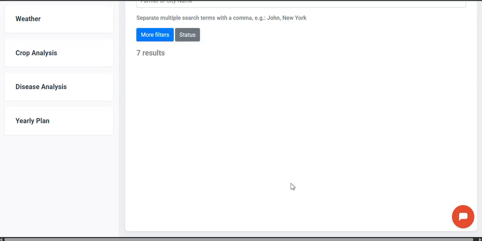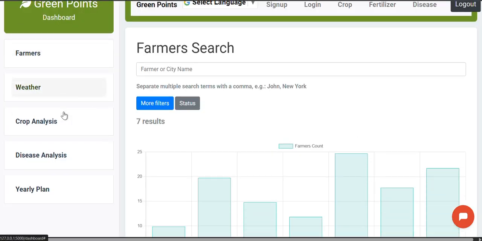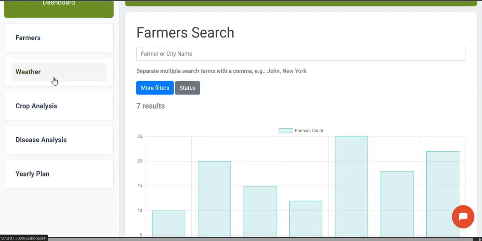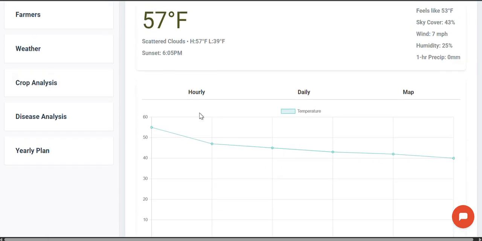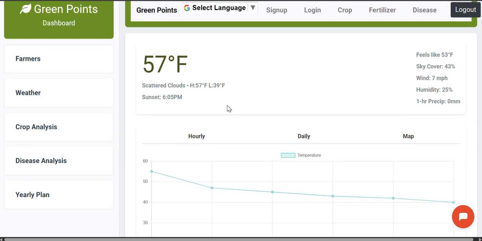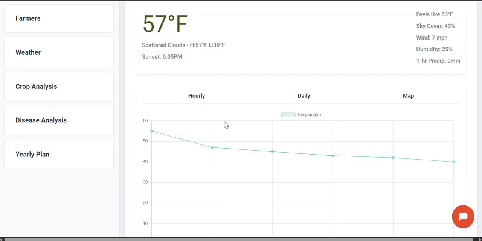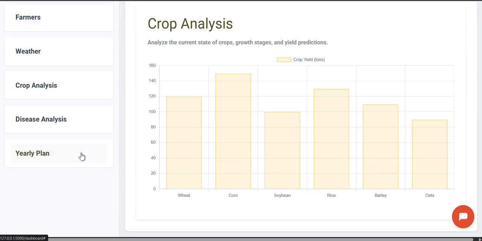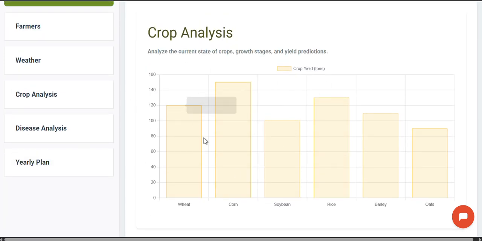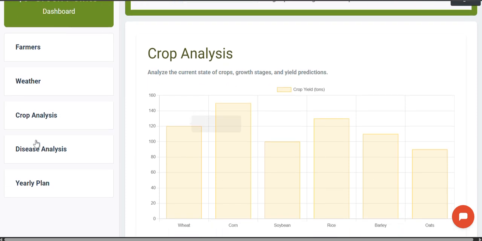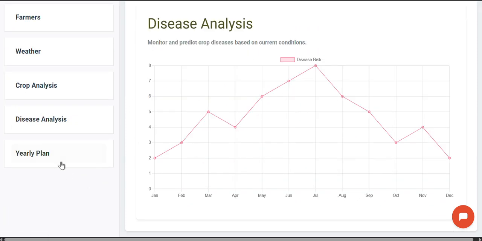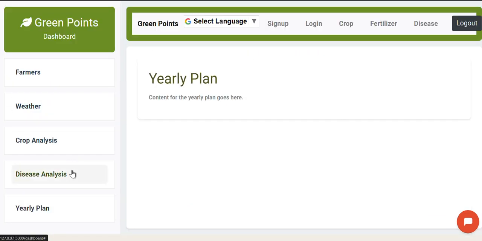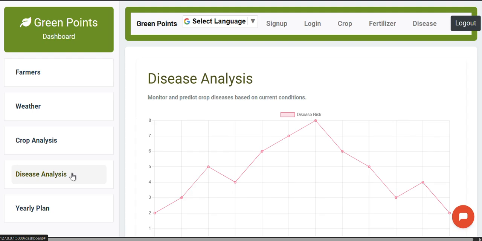You can see a dashboard is visible and he can check the complete analysis, or complete life cycle analysis, of the crop. Later on, when we get the actual data, we can integrate it and display the real-time analysis of the crops. Currently it is based on the basic data of the farmers which we have collected. You can see the disease analysis and yearly plan. A yearly subscription will be there, which is a later part of the project to scale up to a business level.